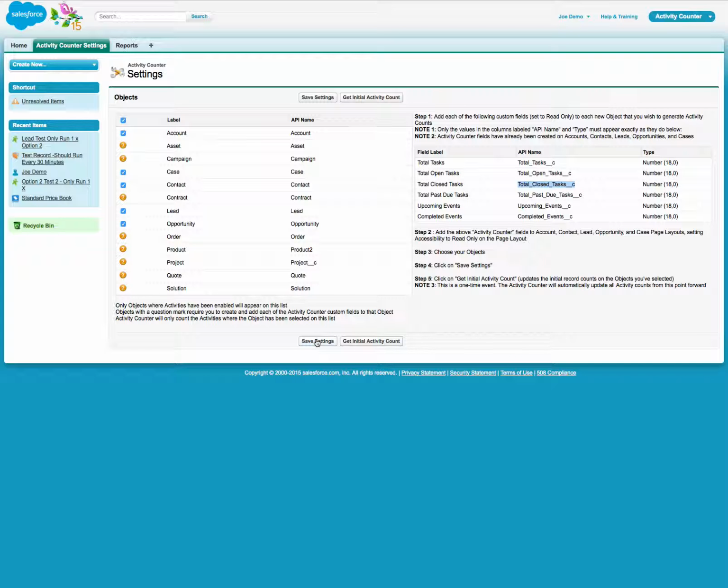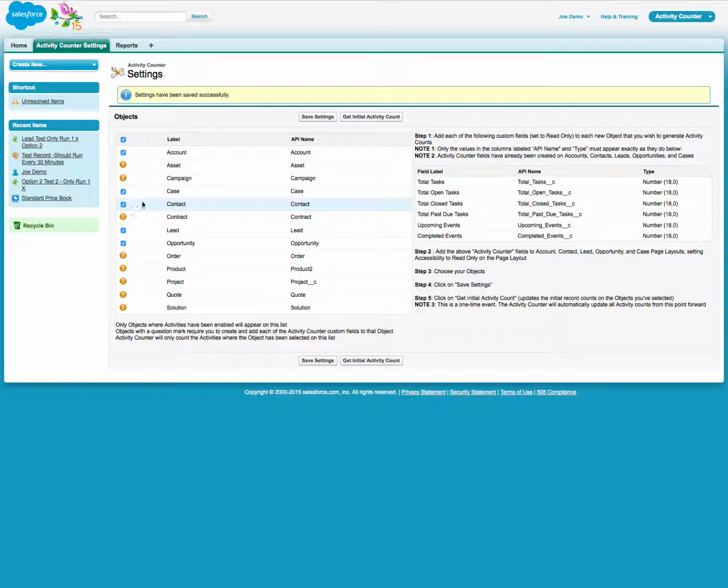Save the settings, okay? Then the next thing that you want to do is go, for instance, let's say we're only going to do leads. So let me deselect this list. And we only want to run this on leads. So I'm going to save the settings. The next thing I'm going to do is I'm going to navigate to the lead object